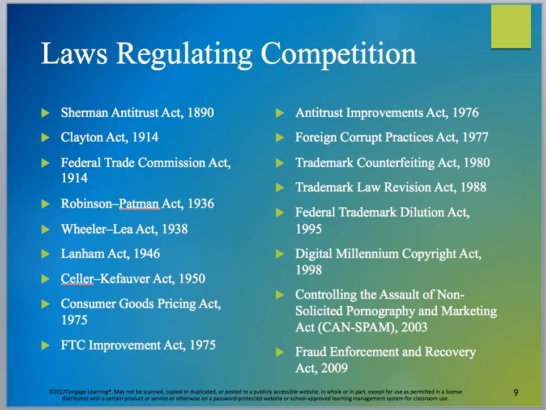These are several of the laws that regulate competition. You see, they go back to 1890 with the Sherman Antitrust Act. We have the Federal Trade Commission Act of 1914, Consumer Goods Pricing Act of 1975, the Antitrust Improvements Act of 76, Foreign Corrupt Acts of 77. We have the Trademark Counterfeiting Act of 1980, the Digital Millennium Copyright Act of 98, Fraud Enforcement and Recovery Act of 2009,